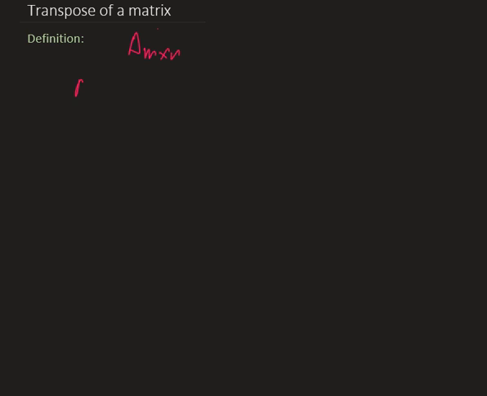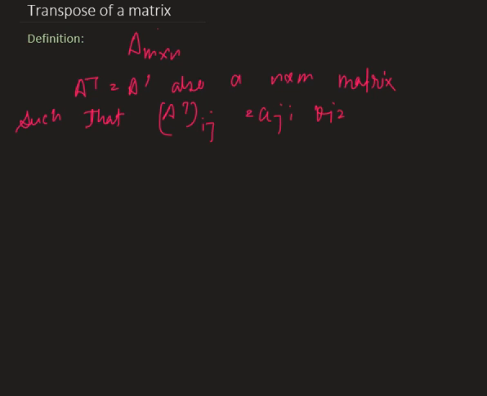Then the transpose of A, denoted by A transpose or A prime, is an n cross m matrix such that (A transpose)ij is equal to Aji for all i from 1 to m and for all j from 1 to n. So basically, what is happening